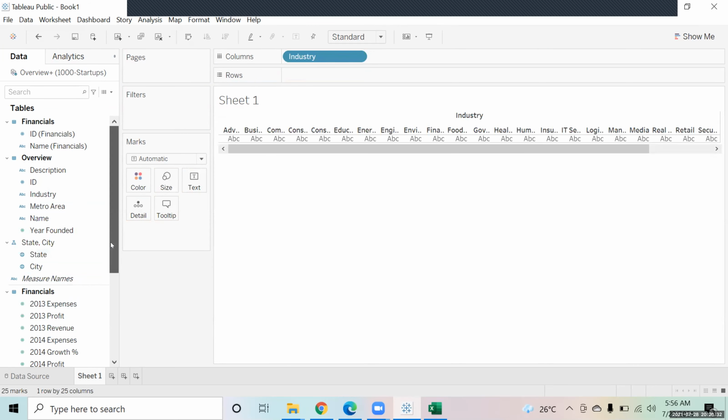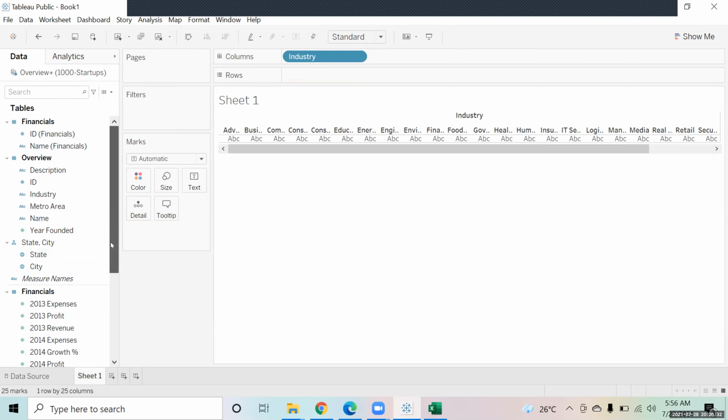Right? So can you all make this chart? So revenue by industry. So now you see over here, right? We have all the industries over here.